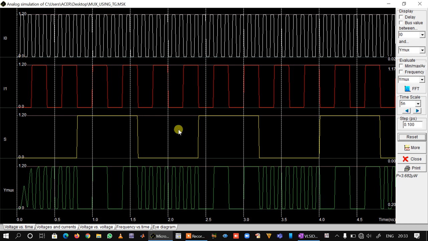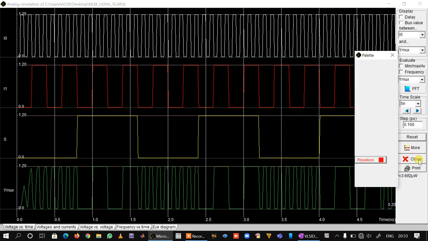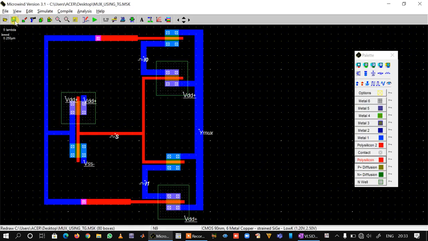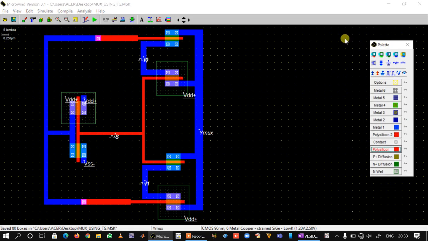Okay, so again I'm repeating, when select line is equal to 0, input I0 is selected and the output of multiplexer is equal to I0. When select line is equal to 1, input I1 is selected and the output of multiplexer is equal to I1. So thus we have made the layout of a 2:1 multiplexer using transmission gate, and also verified its functionality.